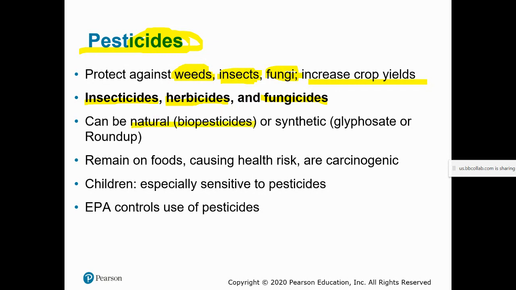Many of these might be more naturally derived, and some of them are quite literally made up in a laboratory. One of the most infamous synthetic pesticides is glyphosate, or the common name is Roundup. And you can buy Roundup at Lowe's or Home Depot. What happens though is we're at this point, I would argue, a tipping point in our food production system globally, where we use so much pesticide that it's having a really damaging effect in the places where it's used and in the places where it may still remain as a contaminant on food.